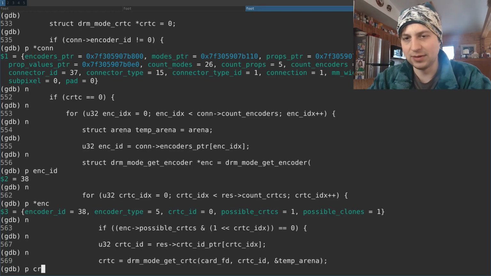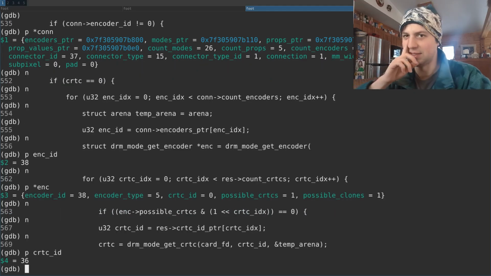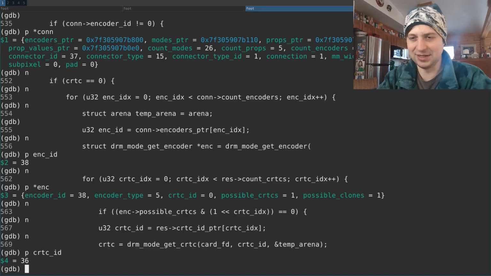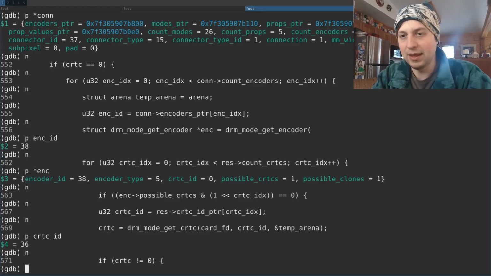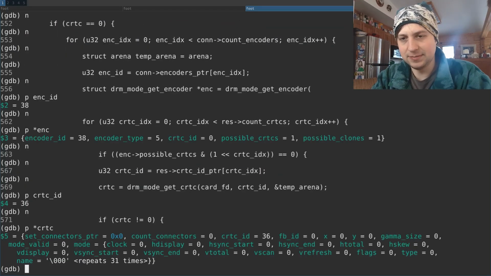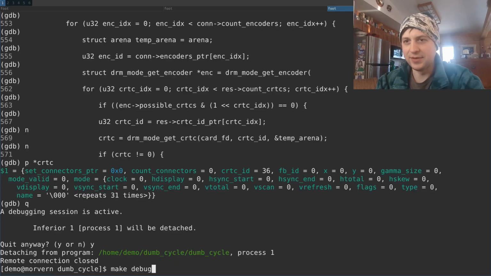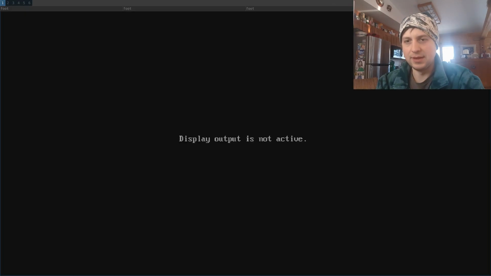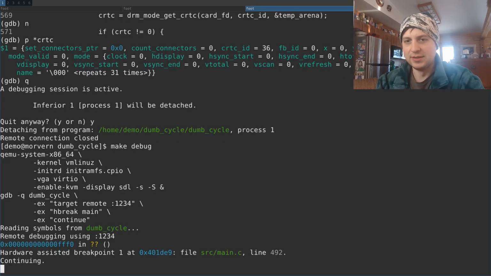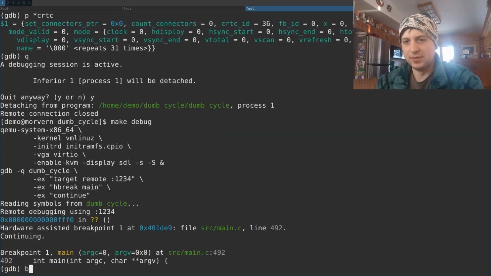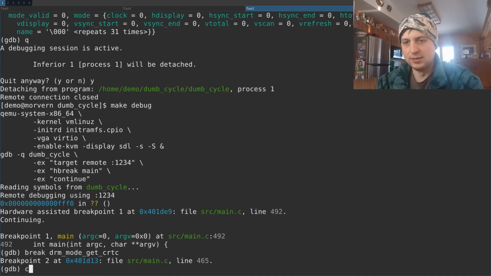And our CRTC ID, I believe, was 38, right? Or 36. 38 was the encoder ID. 37 was the connector ID. For some reason, they're all swapped around there. CRTC. Okay, I got a little bit confused, but everything is working as expected. So if we break on DRM mode get CRTC,